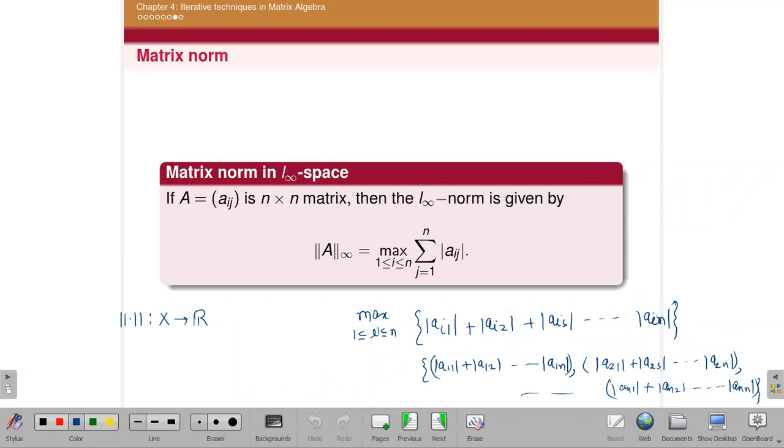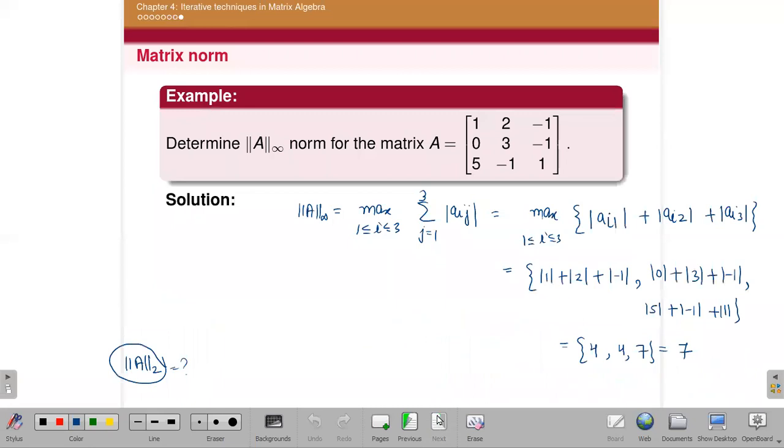Thank you, ma'am. Actually, here you have to remember the definitions only, means how we can define the matrix norm. Okay. So now we come to the tutorial, means that sessional. Where is the problem?